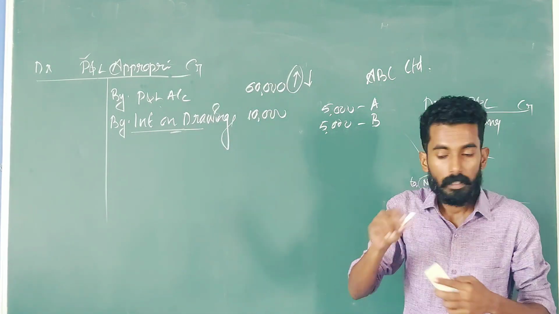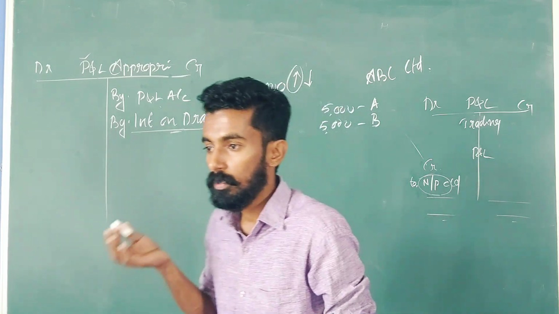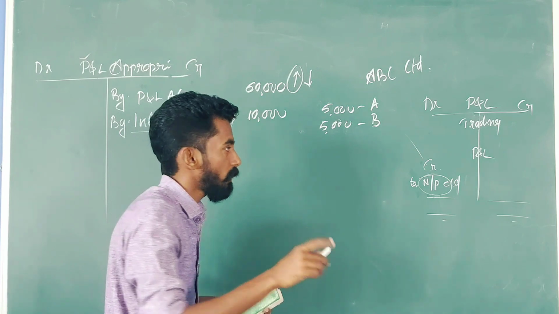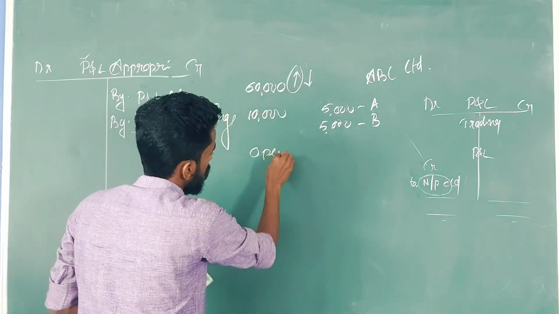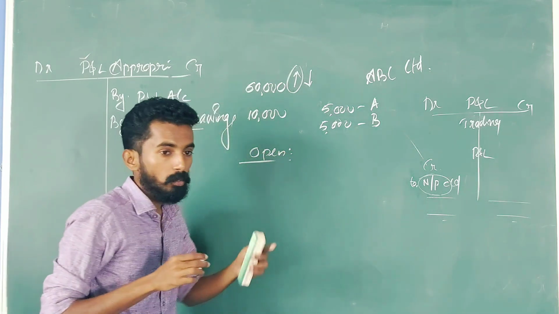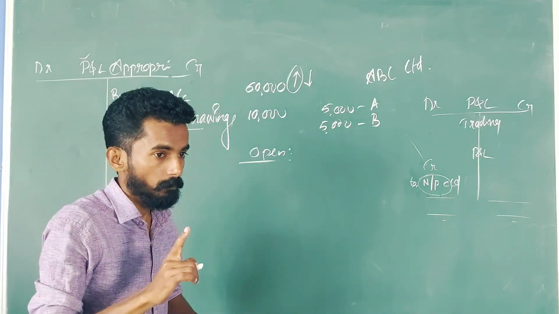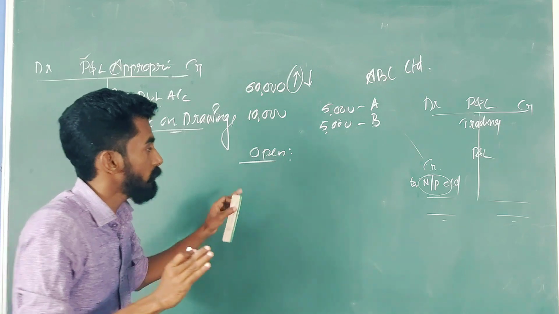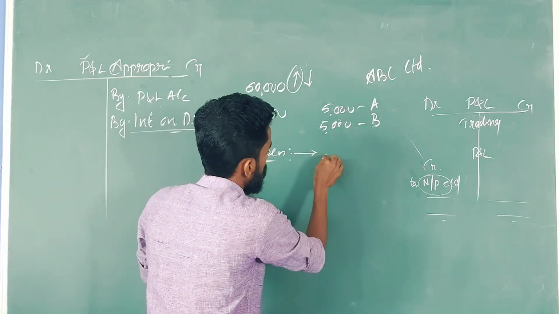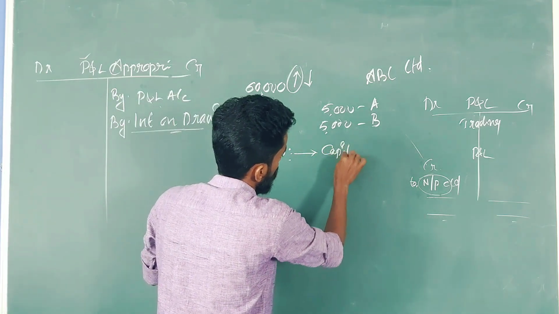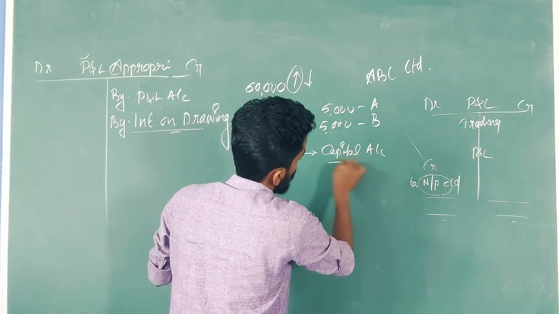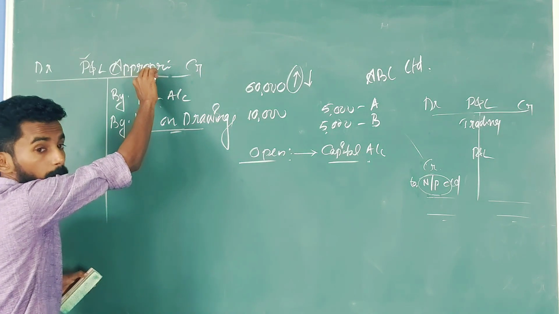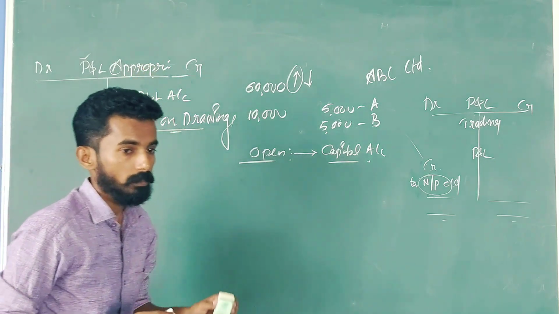So, my next question is, when a partnership firm is charging interest on drawings from partners, one is the opening entry, second one is the closing entry. What is the opening journal entry? Whenever you are going to discuss the journal entry, you have to keep one point in your mind. Whenever we are passing the opening journal entry, that journal entry is going to connect with the capital account of the partner. The closing entry will come under appropriation account. We can check it like that once again.